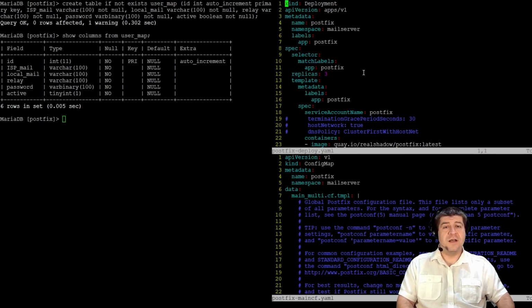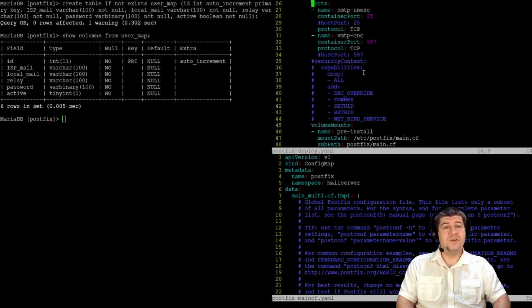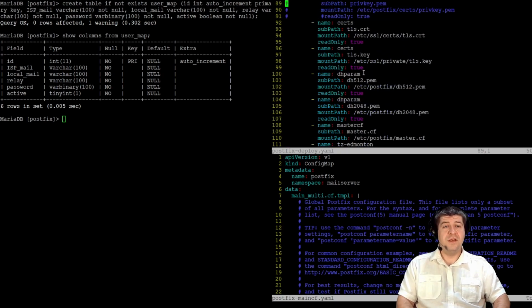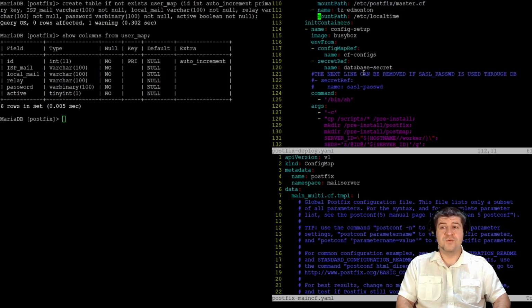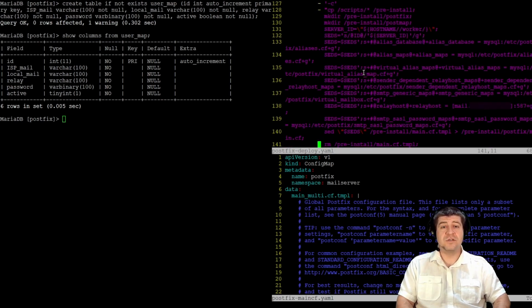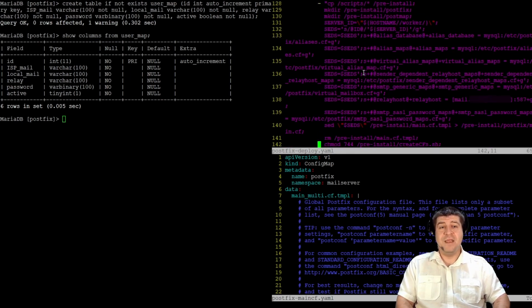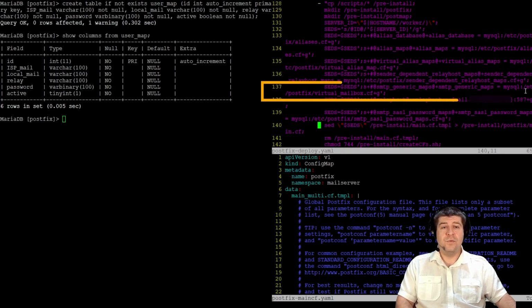If we scroll down all the way in the deployment to the script within the startup container, which replaces and activates out-commented options in the main.cf, we see the file virtual mailbox.cf is linked with the SMTP generic maps option